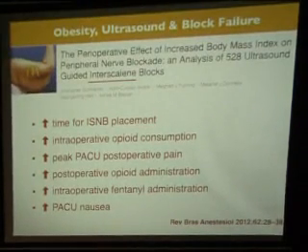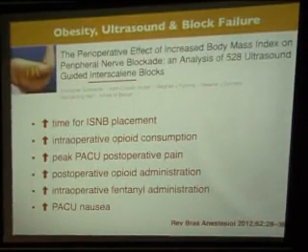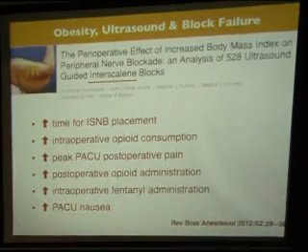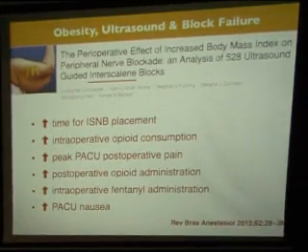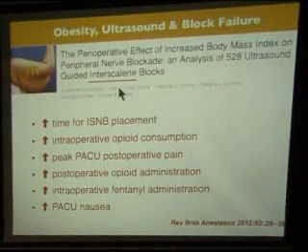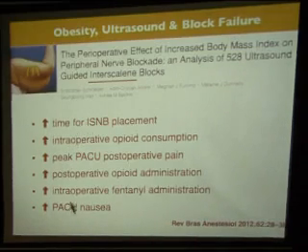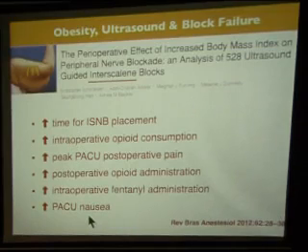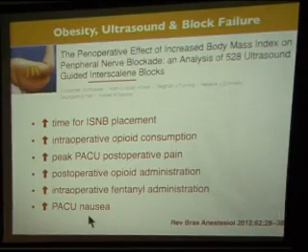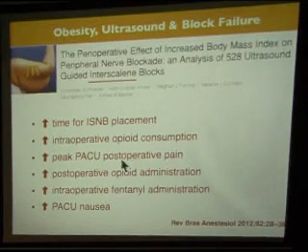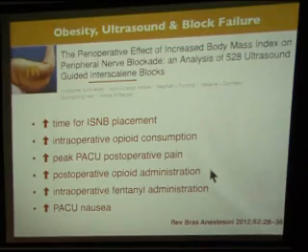This one, look at the use of ultrasound now. Does it really improve our success rate in obese subjects? And this one looked at interscalene block in different people with different sizes, and in the obese subjects, all these things are increased. Increase in the insertion of the needle as expected, and this study put everybody to sleep, so they were not able to look at a clear success rate. But looking at the post-op pain and the use of opioid, that probably suggests that patients did not have as good a block as the other patients.